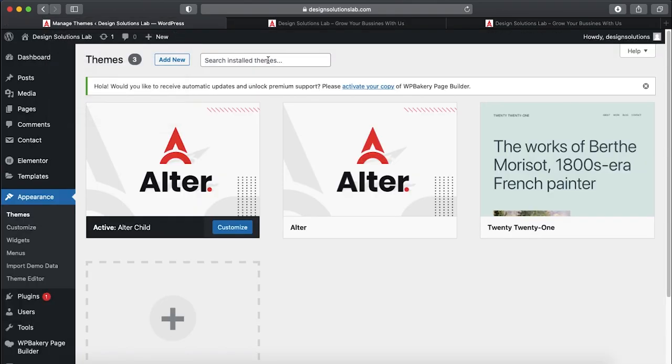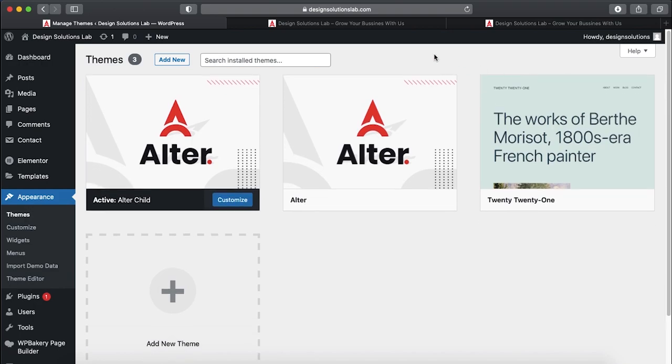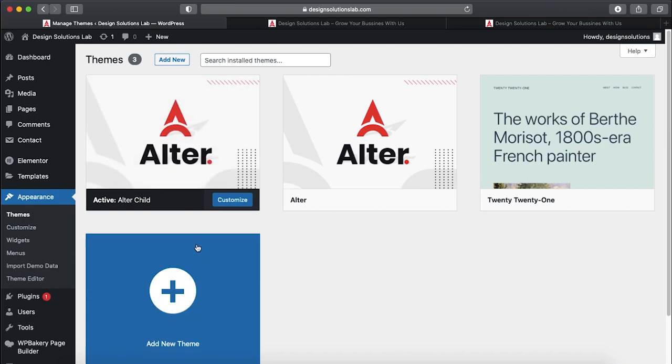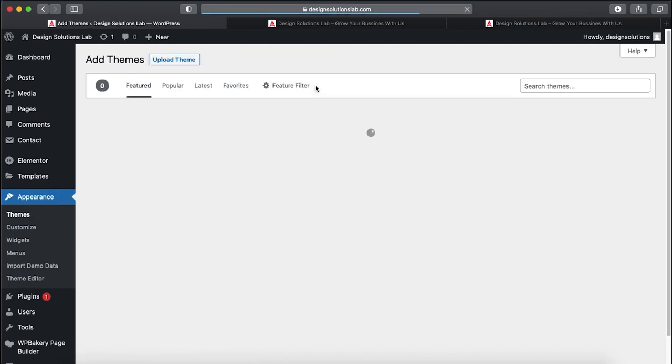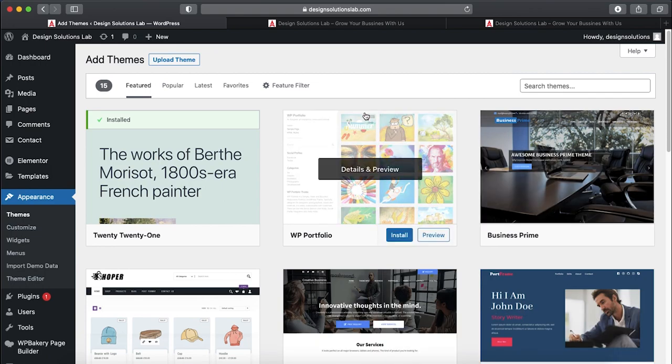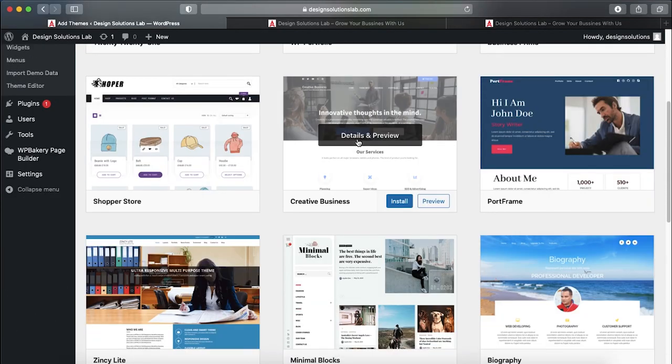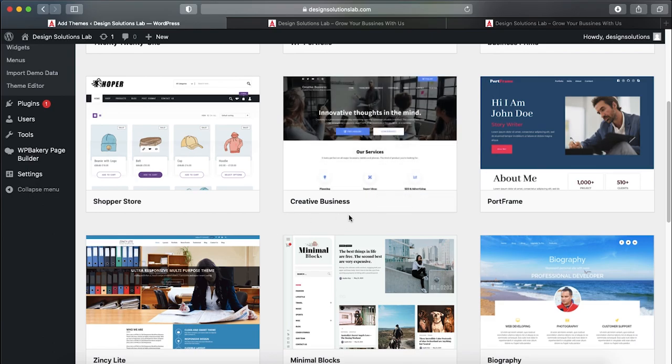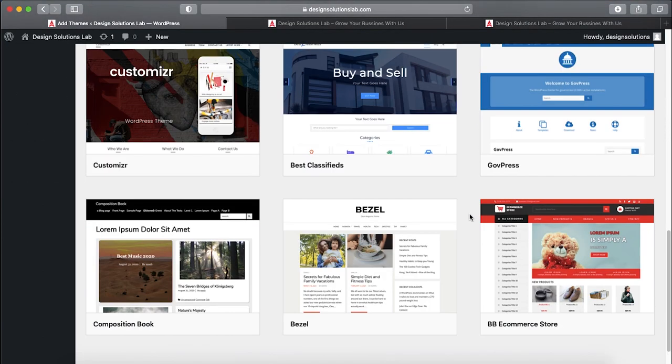created for your needs. And when you go to the Appearance tab and Themes, you will see all created or installed themes in your website. You can add new templates in here. For example, click Add New, and WordPress gives a library of a lot of templates you can use on your website, and this library includes the free